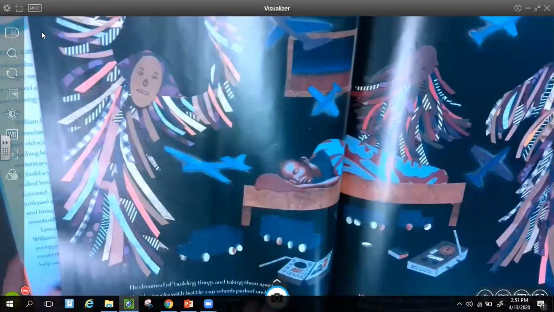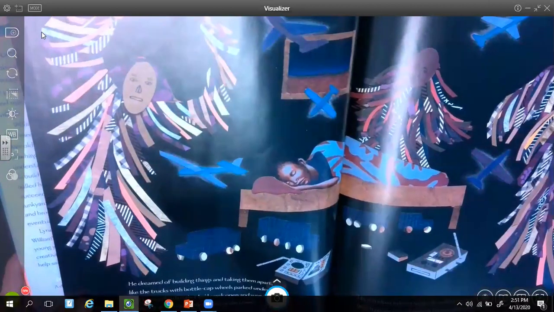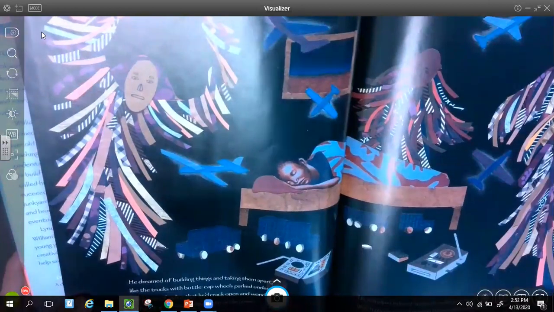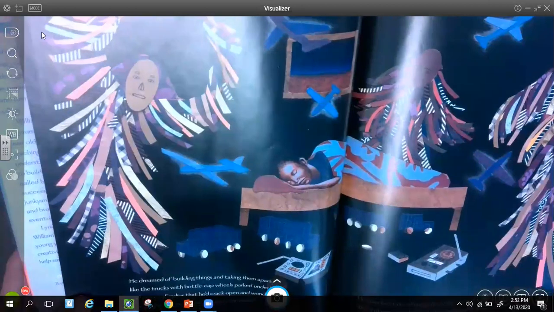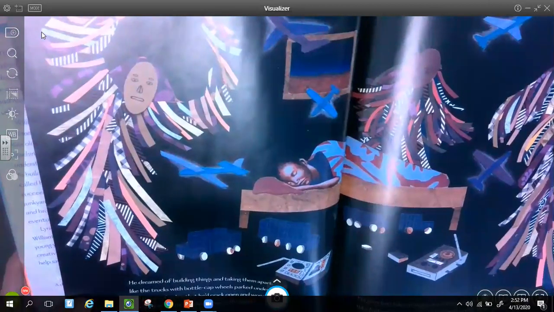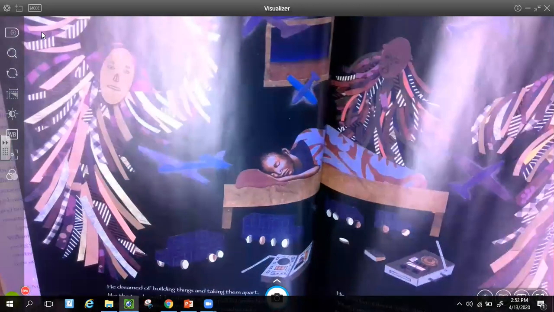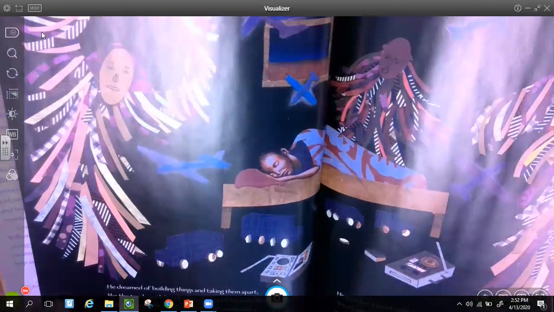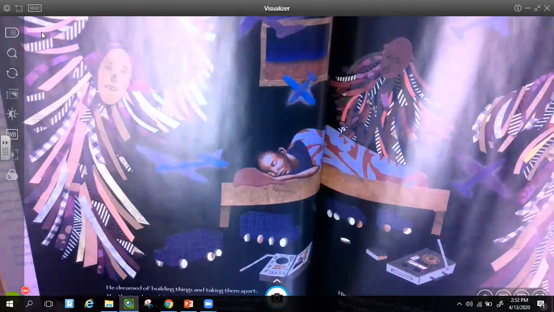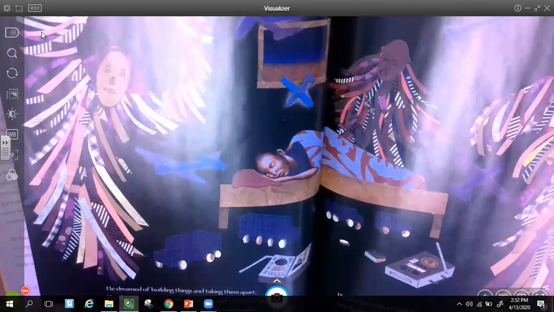He dreamed of building things and taking them apart, like the trucks with bottle cap wheels parked under his bed and pieces of radios that he'd crack open and wonder, if I can hear the music, then where is the band? His grandpa's tales of magic also whispered in the pitch black of his room. Witch planes passed through the window while ghost dancers twirled around the room as if 100 men were inside their